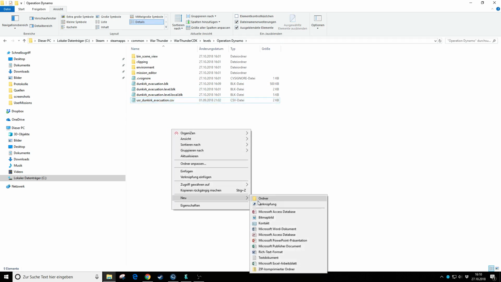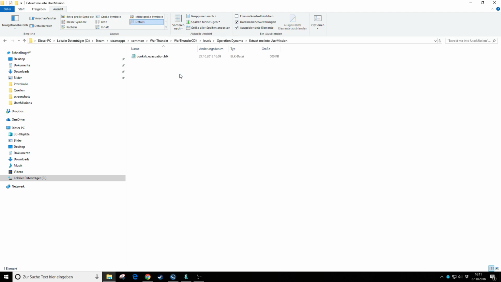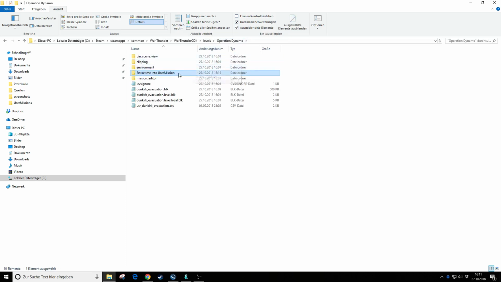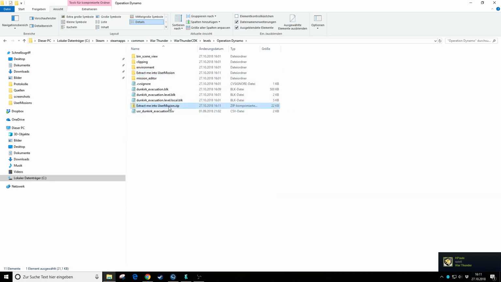Now I'm going to create a new folder for you guys. You need to extract this folder in your user missions. So I'm gonna copy the BLK file right into it, and the CSV file. So now you are gonna zip it up to achieve